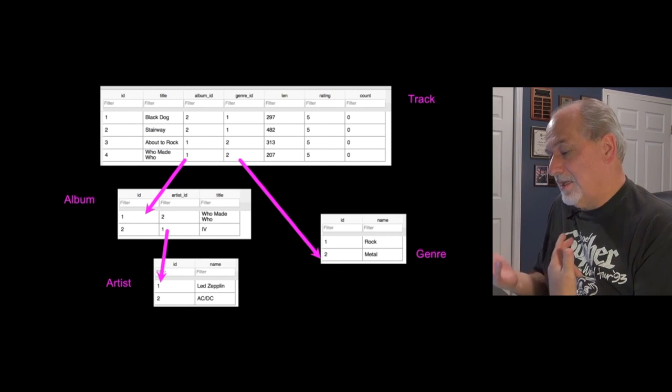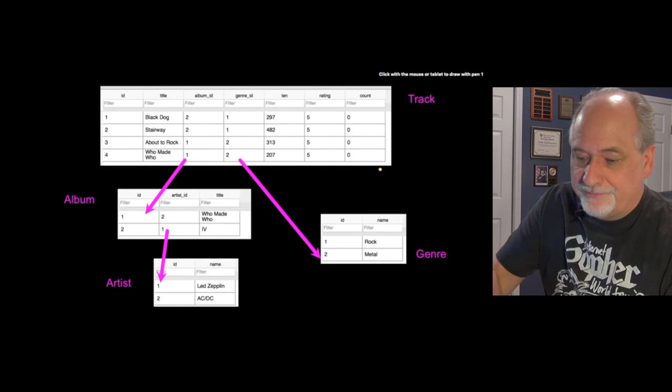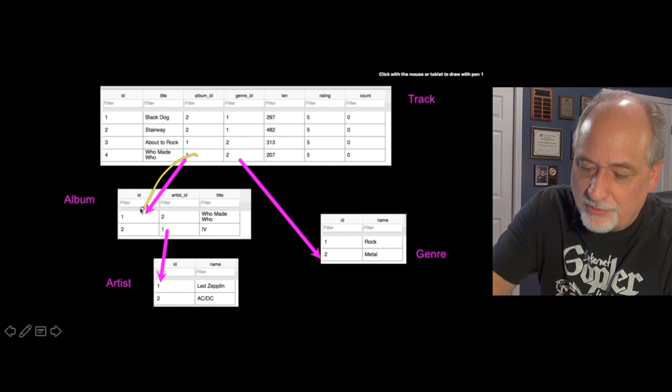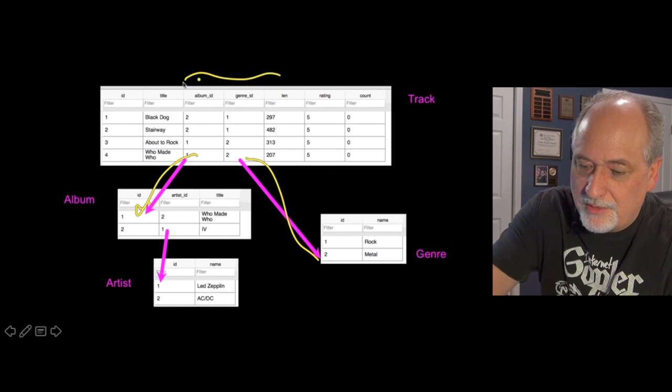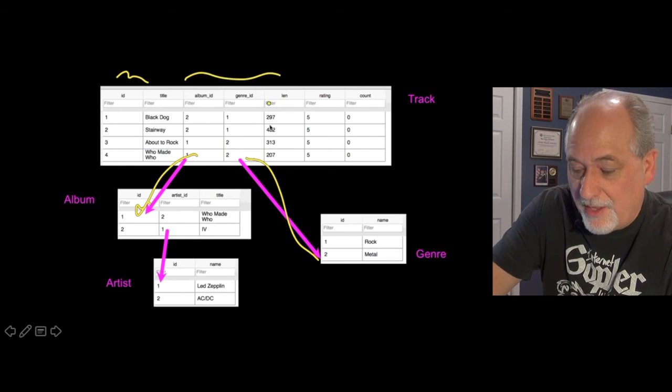We see that in a sense, by using these little numbers, we are pointing to rows in other tables. The foreign keys are always pointing. They always point to their ID. So these foreign keys are out here. This is the primary key up here. And they always point to